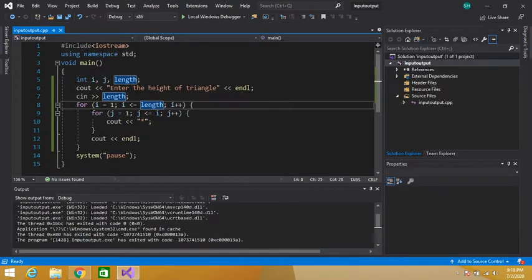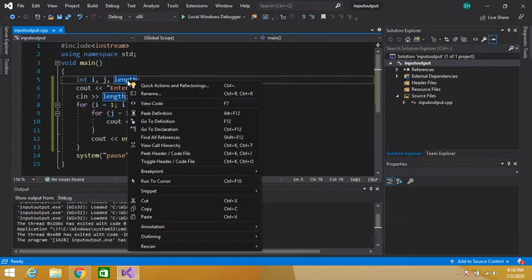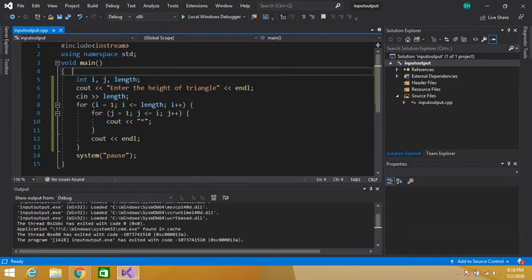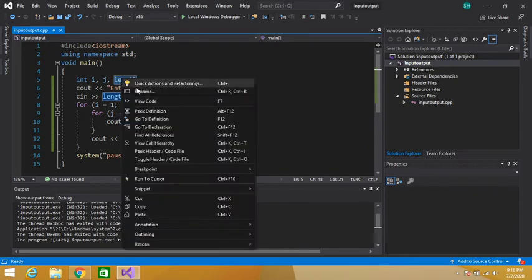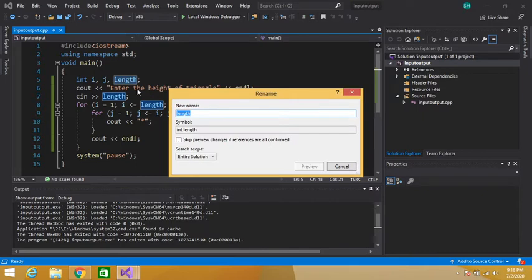So enter the height. Instead of length, I should name this variable height. If you want to change this variable everywhere, how can we change it? Simply right click on it and rename, and here name this variable height, and enter.